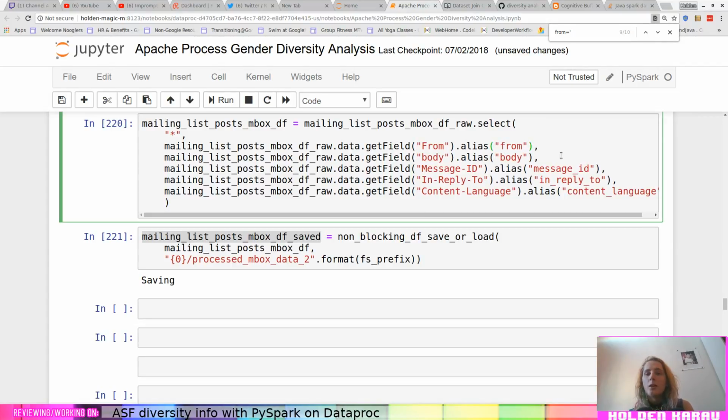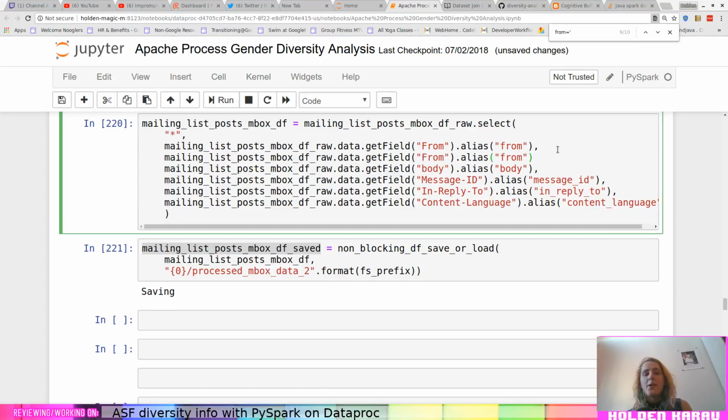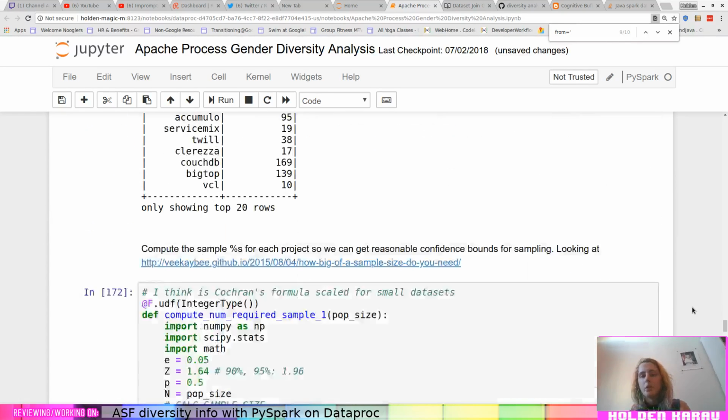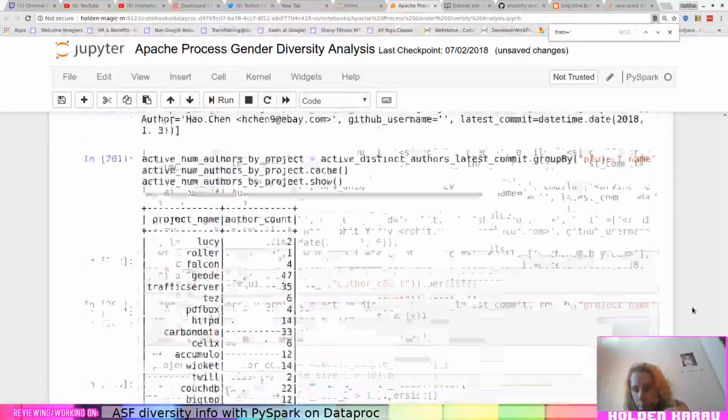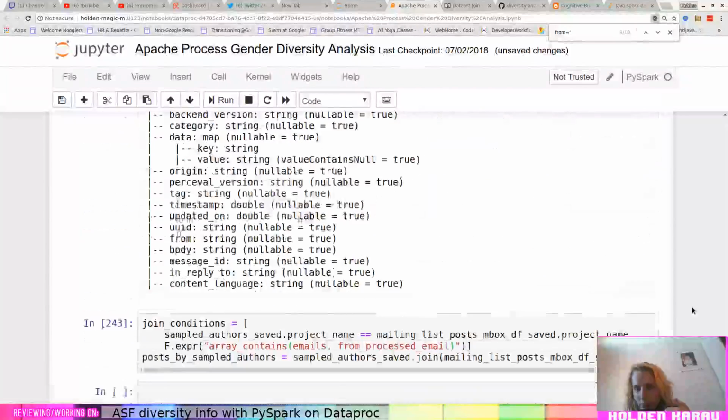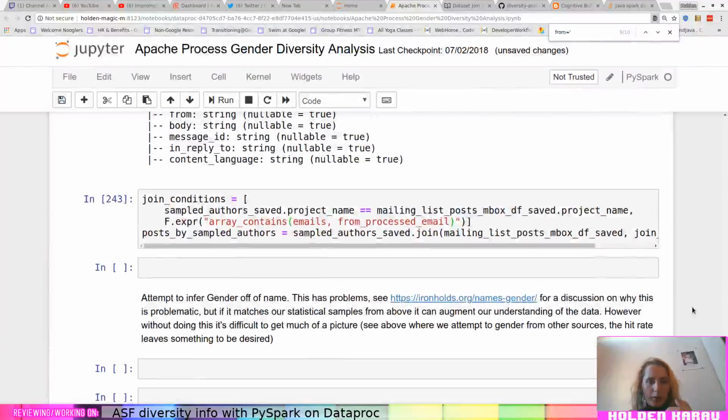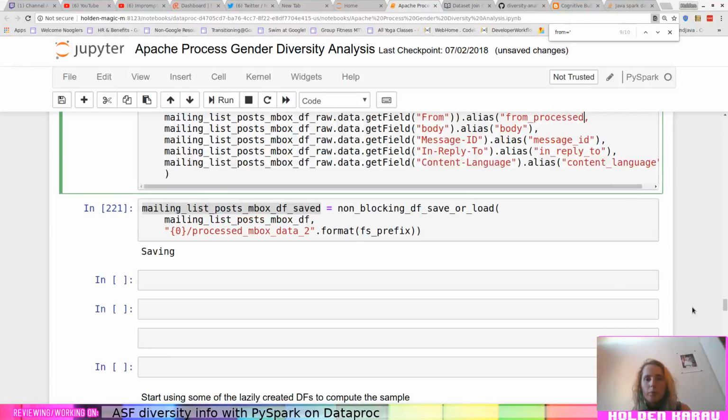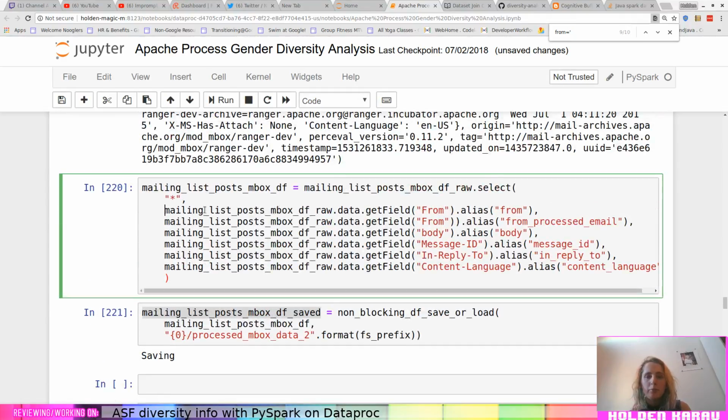So we're going to go ahead here, and we're going to do a UDF on this. Dot alias from, what the hell did I call it down here? Processed email. And we'll figure out what the UDF is going to be.